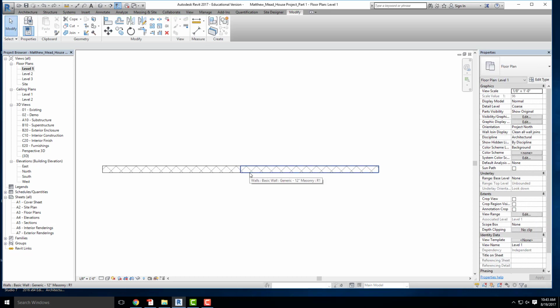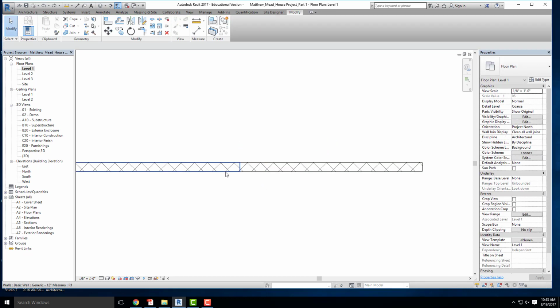I could do something where maybe I just want to move this up. Okay, so notice that when I moved that up, it actually still grabbed the adjacent wall and moved it up. Theoretically, they're still joined. Okay, those walls are still joined even though I split them apart. So what would we do if we want to actually move this wall up without moving the adjacent wall next